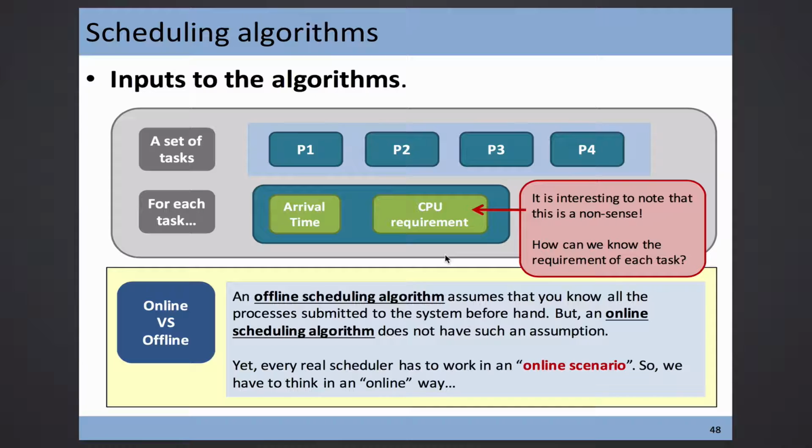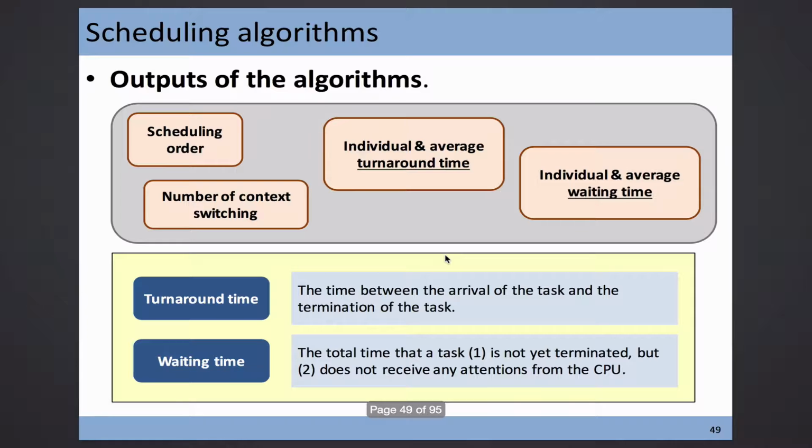Then we will try to use these tools, these two guys, the available time and the CPU requirement, and we treat this CPU requirement as time. Once it is on the CPU, let's say every time we have a time unit, let's say 5 time units, after the 5 time units are gone, that particular process will be killed, okay? And next is the output. We focus on these guys.